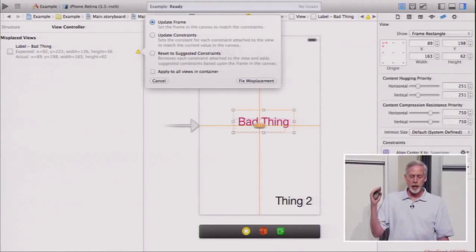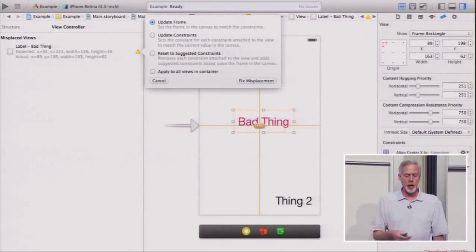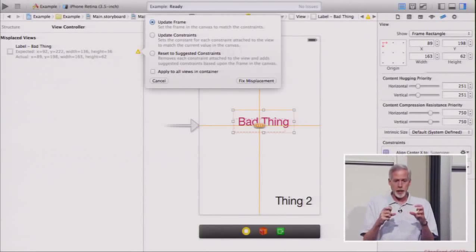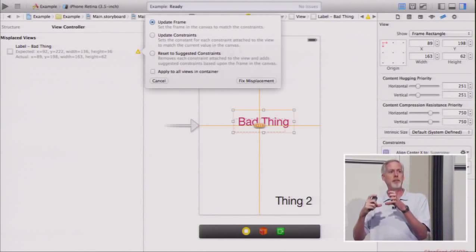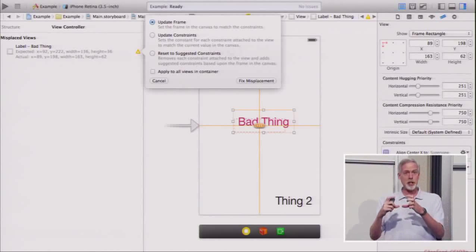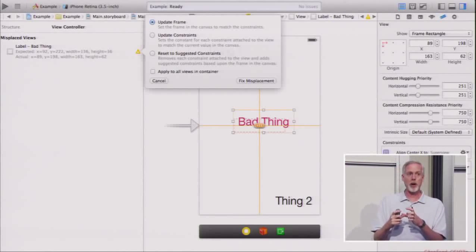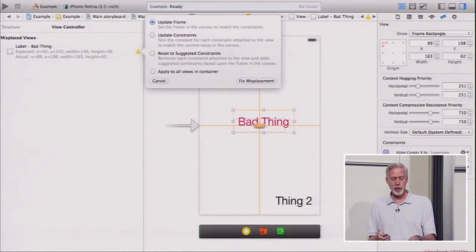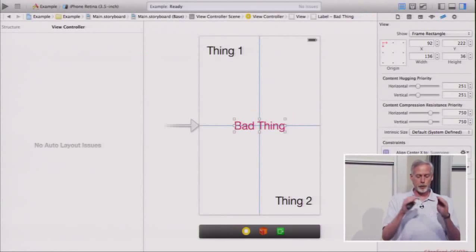Well, there's a number of ways it could solve the problem. It could change the frame of bad thing to be what the constraints say. That's what update frame is. It could update the constraints instead of being the vertical and horizontal center that I just set it to. It could set them back to being something that would make the bad thing's frame work. Or it could try to set it to the suggested constraints, which we already know don't work. So we definitely want update frame in this case. We know we like our constraints, that's the horizontal vertical centering, so we're going to pick that. So I'm going to leave update frame suggested and click where it says fix misplacement. And watch what's going to happen to bad thing. It moved. Now everything is no longer yellow. Bad thing's frame has been set to